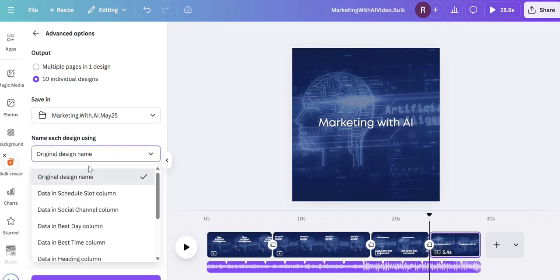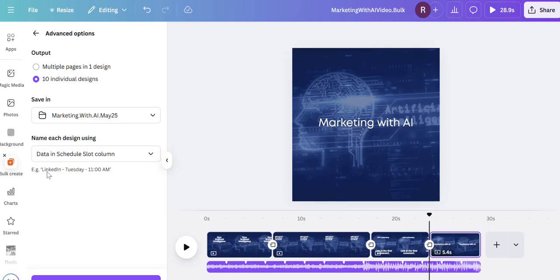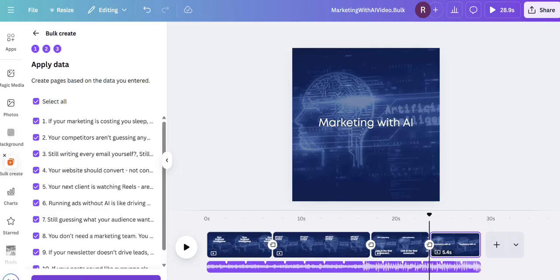And the naming convention, this is what I love about this. I created a column that says, tell me what social channels, what day and what time. That way if I hand it over to one of the team members, they know exactly when to do it. So in case you schedule slot column, click on that, there you go, it's LinkedIn Tuesday at 11 a.m. If I click on continue, and then I go generate these 10 designs, because I've asked for 10,